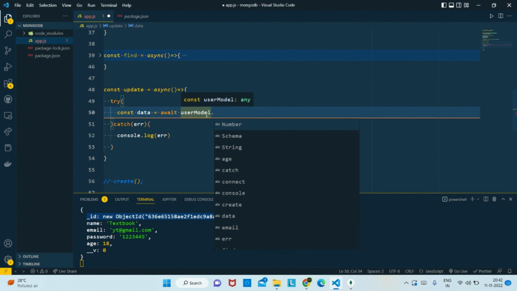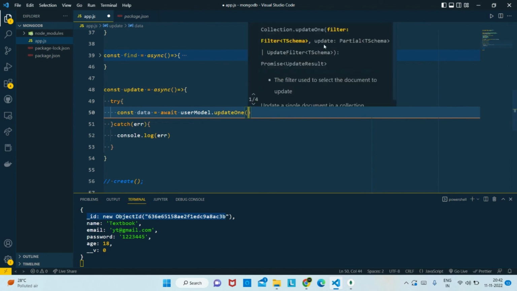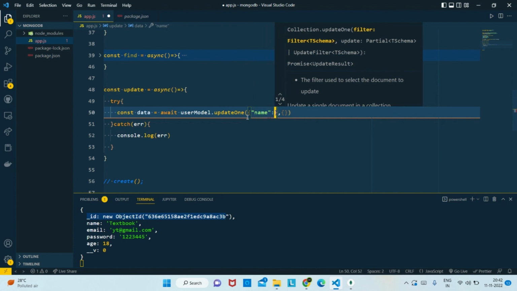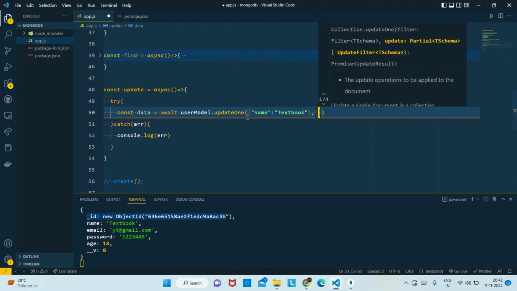We are now connected to the database, and the function is updateOne. As we all know, updateOne is the function to update one document, and it requires two things: the filter and the partial update, meaning whichever field you want to update. So first, it wants two objects. The first one is the filter. Let's filter by name. The document with the name textbook should be updated, and